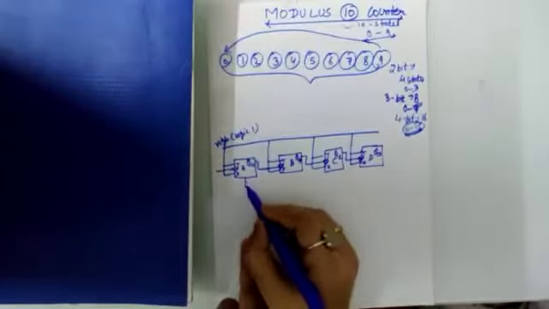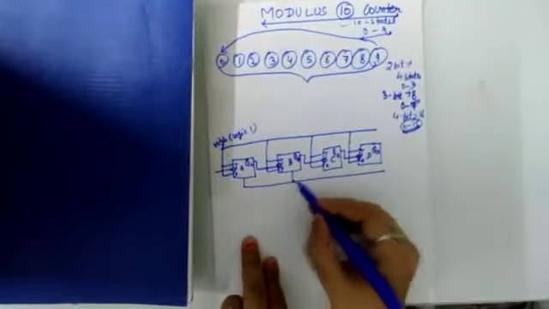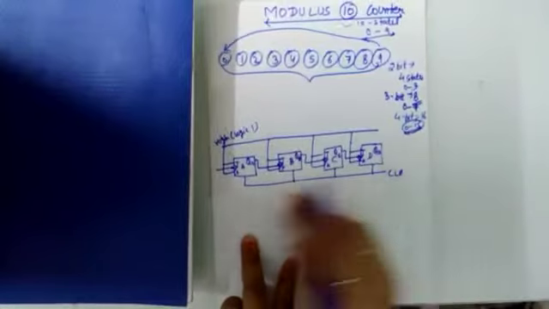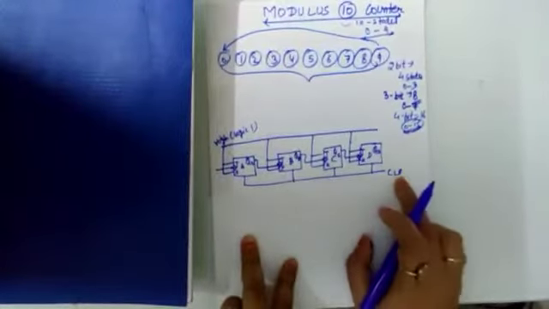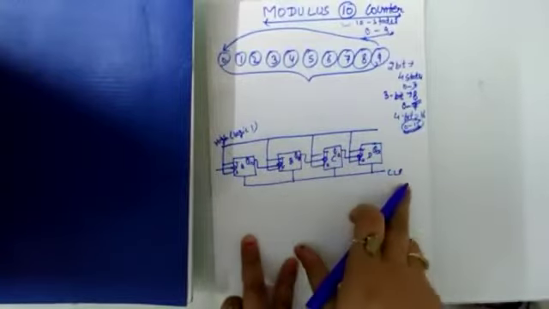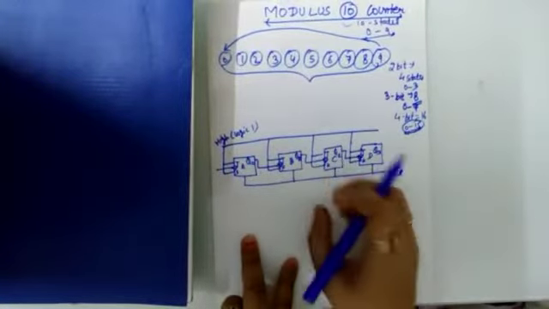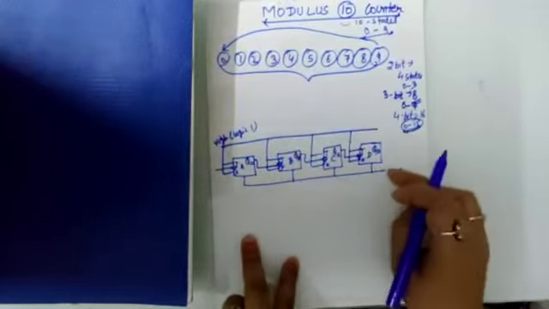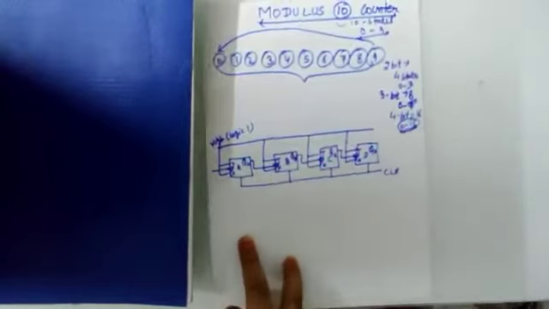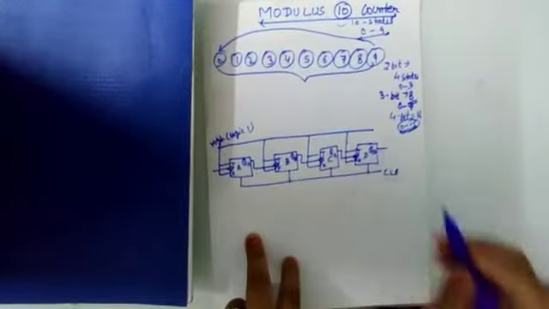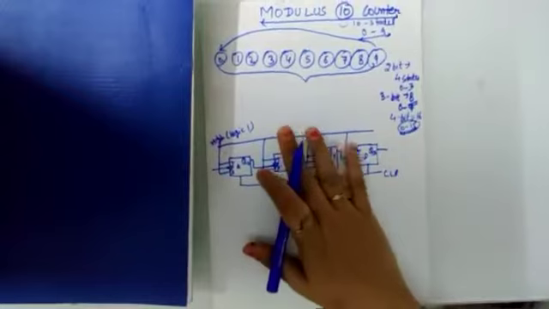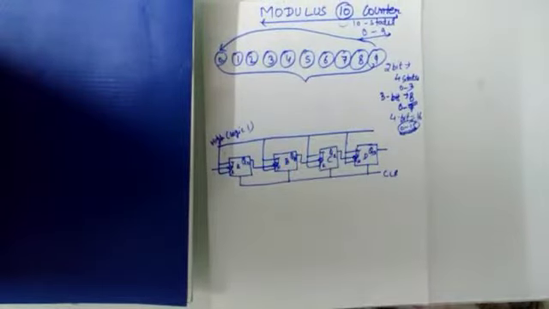Here one more thing we are taking: we have connected all the flip-flops to a low clear. If the clear is low, all the flip-flops will be reset, and the output will be 0 0 0 0. When the clear is high, the flip-flops will be on and produce the outputs. This is the simple working of a 4-bit asynchronous counter. I have not yet designed mod 10. So now we start the working.